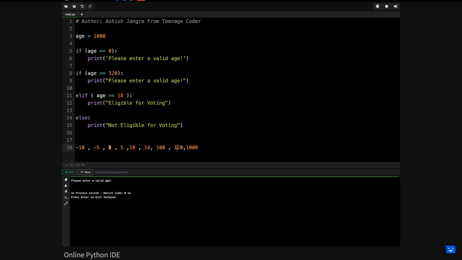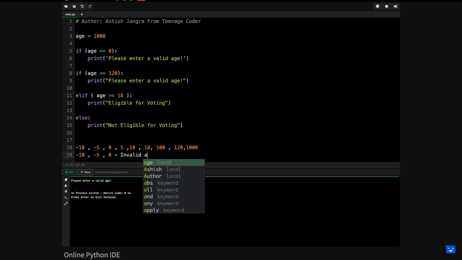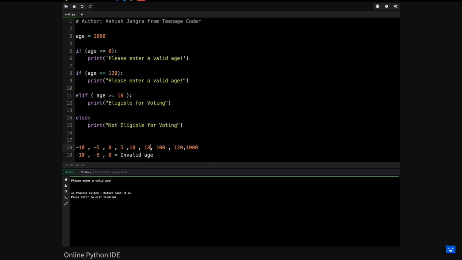So in these kinds of situations, if the age is below this, for these situations I am writing invalid age. For conditions like this, from age 1 to 5, from age 1 to 17, let's go for 1 as well, and let's include 17 here as well.